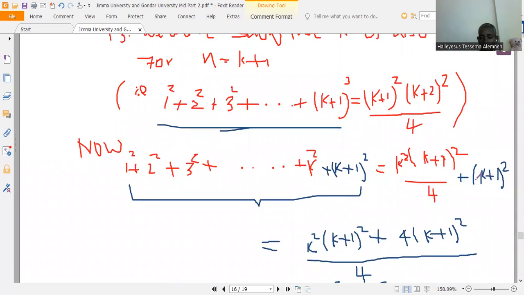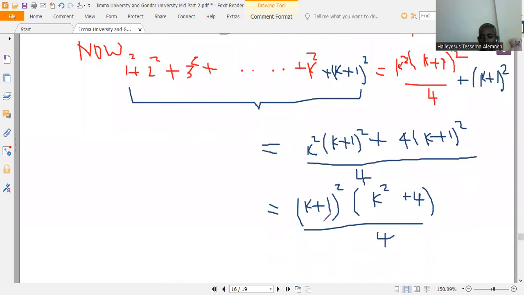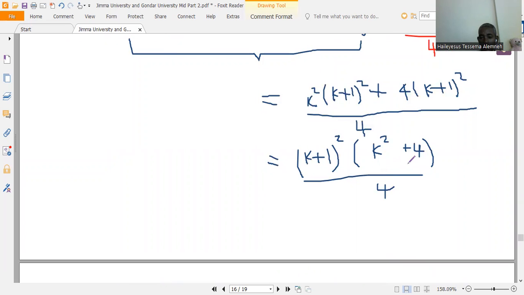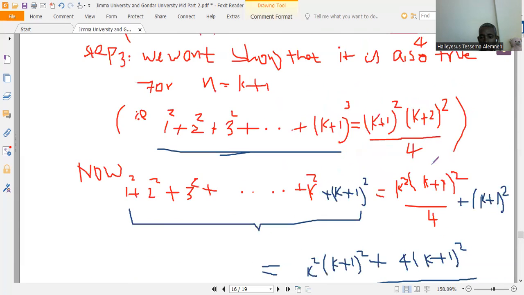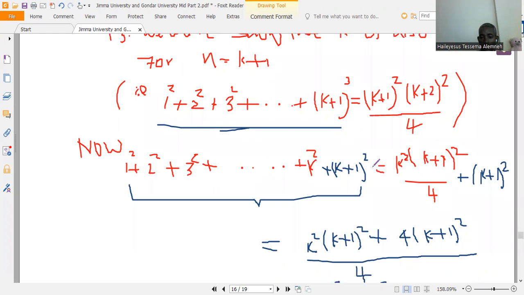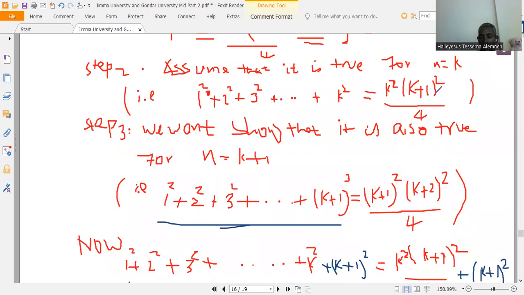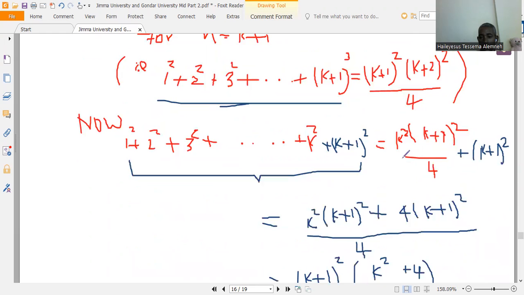the whole square ሁለቱም ሳይድ ስንደምረው እንደዚህ ይሆናል ማለት ነው። so k + 1 the whole square times k square plus 4 over 4. አሁን k square plus 4 is what? k square plus 4 is not k plus 2 the whole square. k plus 2 the whole square is different አይደል? k plus 1 term ስንቀጥል k square k plus 1 the whole square plus k plus 1 the whole square አረግን k square plus k plus 1 the whole square over 4 አለ።